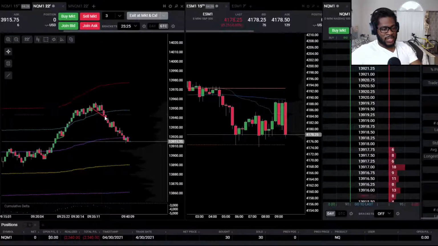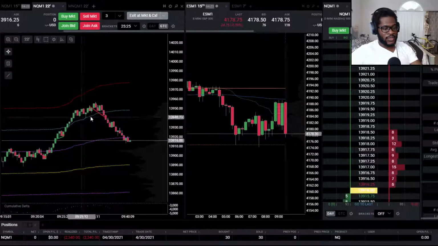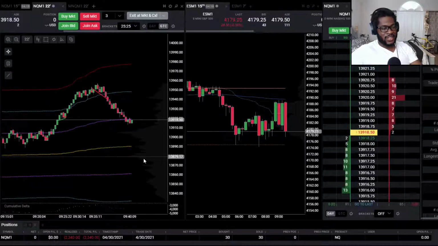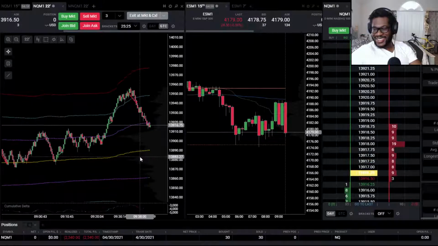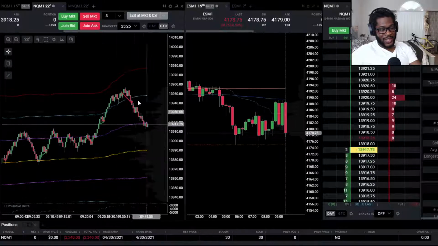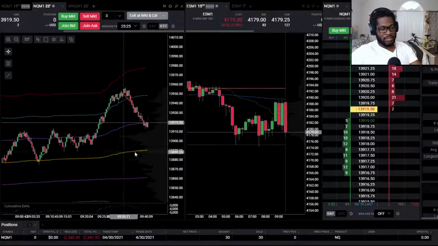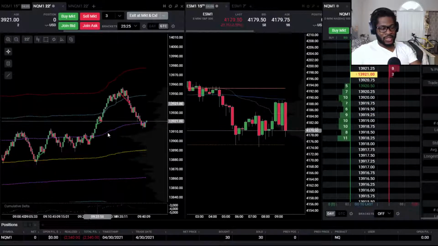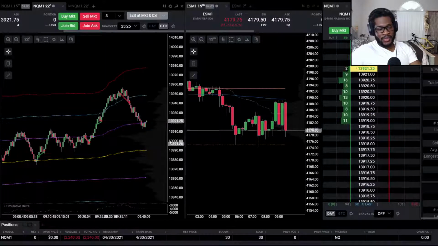And then here I just kind of FOMO'd into what really wasn't much of a pullback. I should have waited for this pullback, but I didn't. Again, don't follow my trades, just to reiterate. This is the result you're gonna have if you're impatient in trading, and unfortunately, this will happen almost every time.